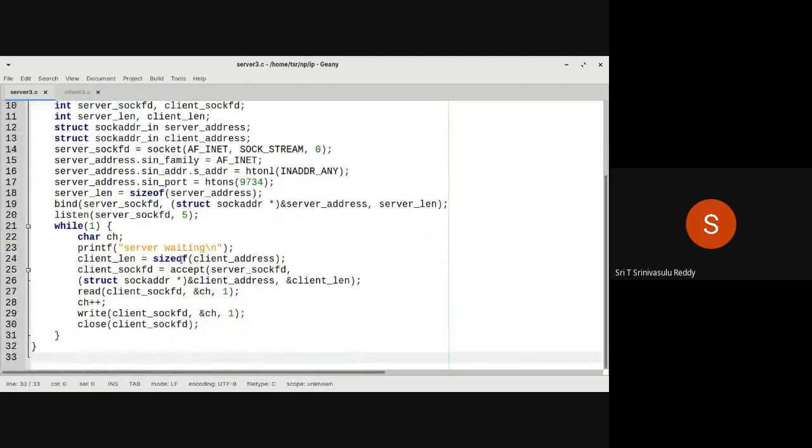And here, if you take a look, you are waiting for connections from the clients. After getting the request from the client, you are doing the required service: reading the requested data, doing the required calculation, giving the reply back, closing the connection, and again going back.